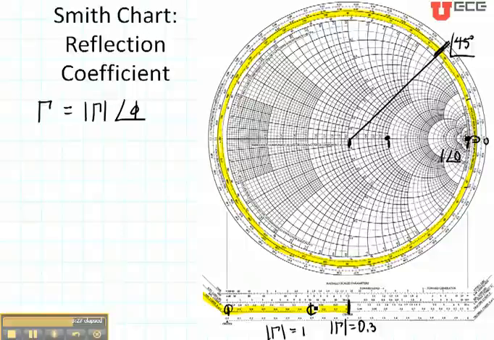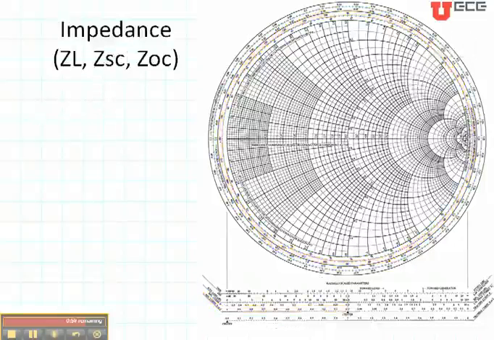Now let's go back to our other case, where I was centered here on the line, centered here up on the imaginary part. My reflection coefficient is right here. Let's see what that is. Take my straight edge, my paper, same thing, mark from the center out to the point that I'm interested in, bring it down to the reflection coefficient axis, mark first at the center and then at the next point. That would have a reflection coefficient magnitude of 0.6. So this is how I find the reflection coefficient. Now let's look at the